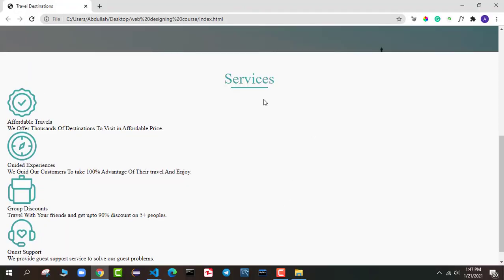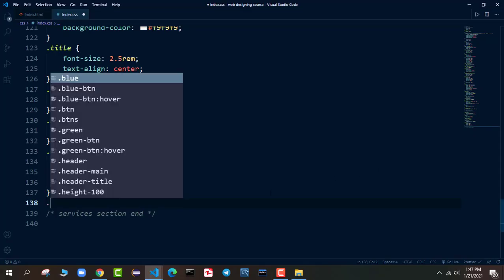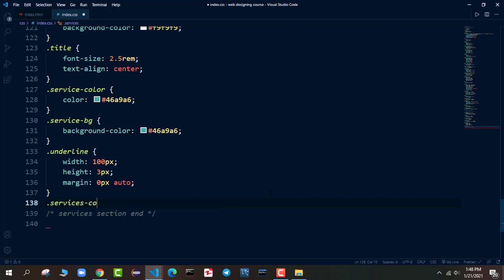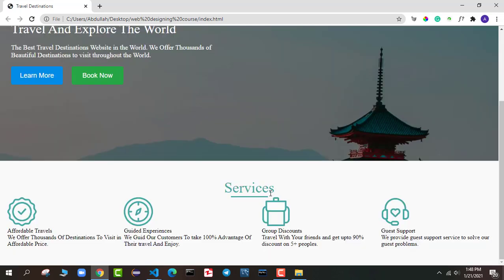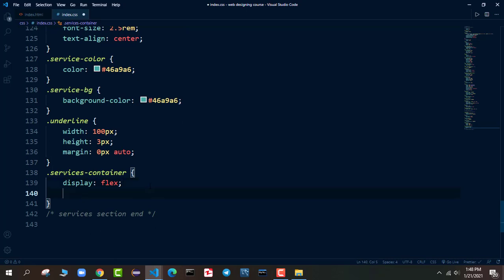Okay, now after this underline, let's style the services container. So here I will say dot services container. In the services container, first of all, we want to make it display flex. When I say display flex, they will be flexed in one row, because as you know, the flex direction by default is row.